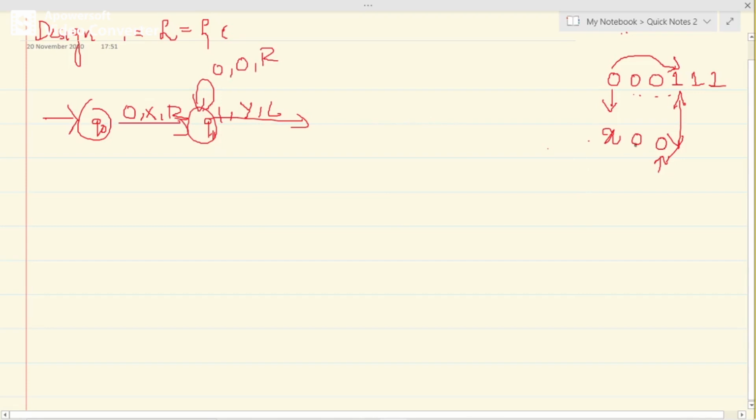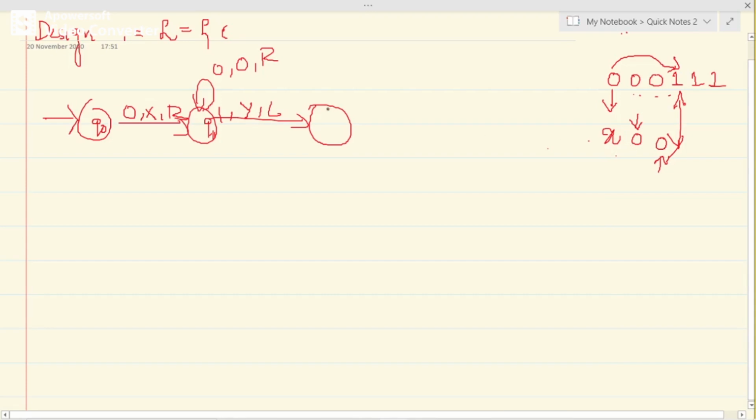That means you need to cross many zeros to get to the first 0. How do we know that this is the first 0? The only indication is that it is just after the last x. Suppose you come till the last x, then you just take one move to the right.